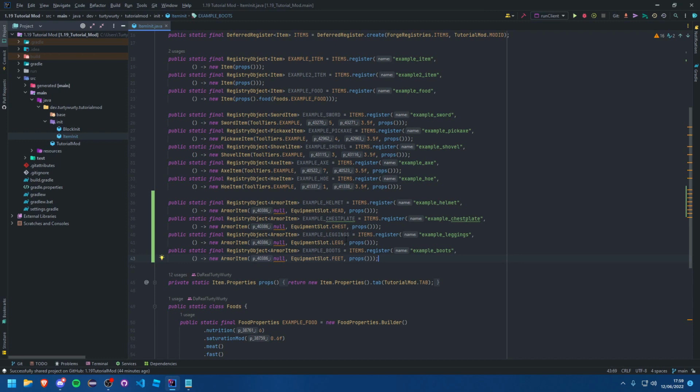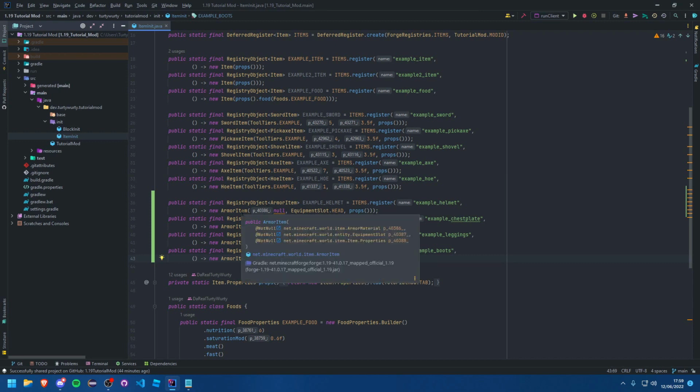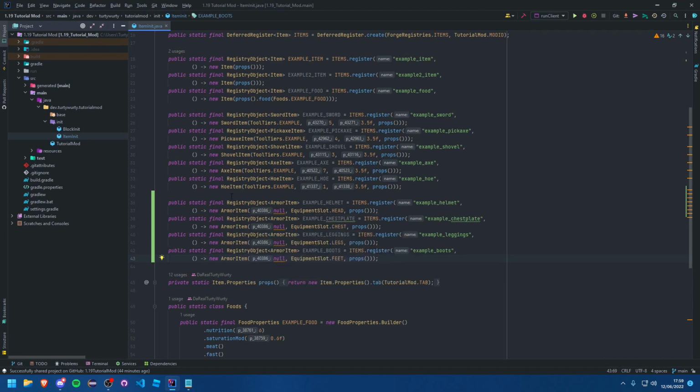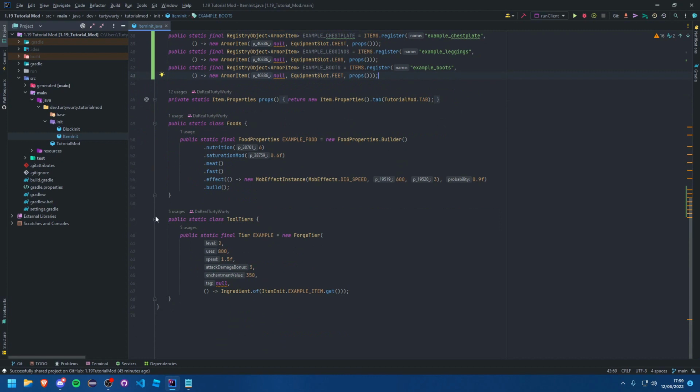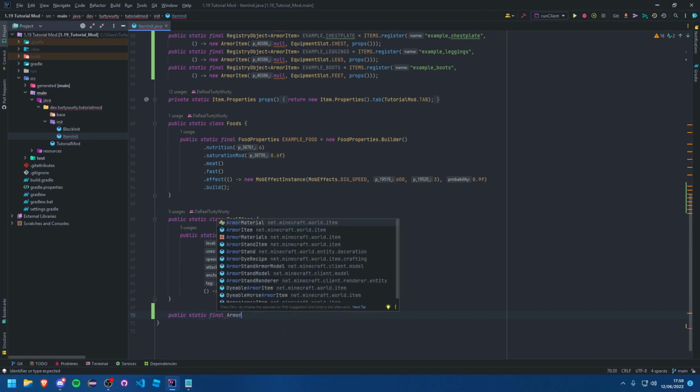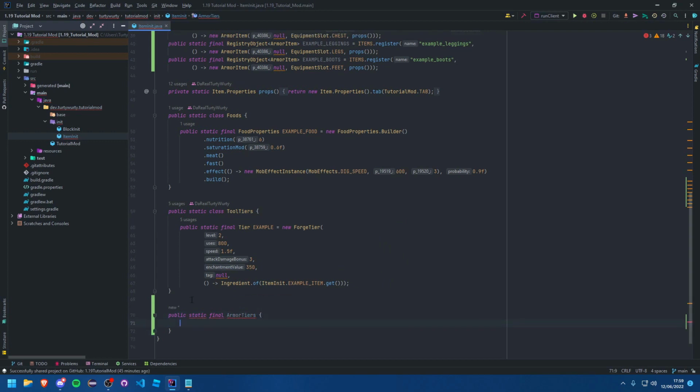Now, same as we did in the previous tutorial, we're going to need a tier. So as you can see here in the constructor, it looks for an armor material. So we're going to need to create one of those, similar to how we created our tool tiers down here. So first of all, let's create another subclass, public static final class ArmorTiers. Now one thing I should mention here is that I have renamed this to ToolTiers. This was previously just called Tiers. The reason I renamed it is because we're creating armor tiers, so it just makes a little more sense